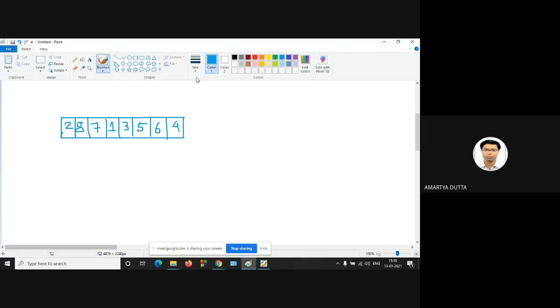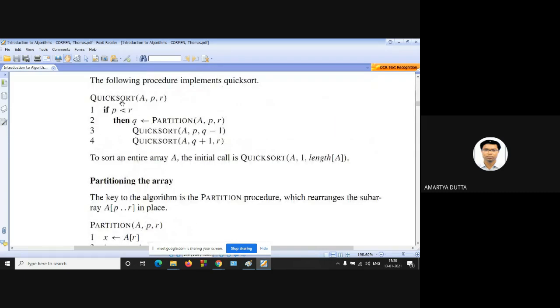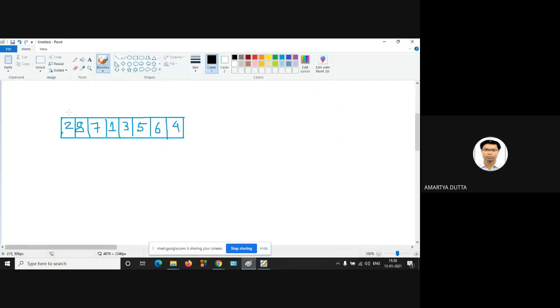Okay, now we have to apply the quick sort function. So first of all, quick sort, line number 1, P is less than R. So what is P? This is your P and this is your R. This is the array A. So yes, P is less than R. First index is obviously less than the last index.